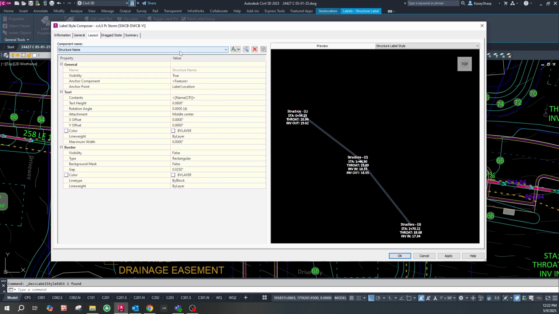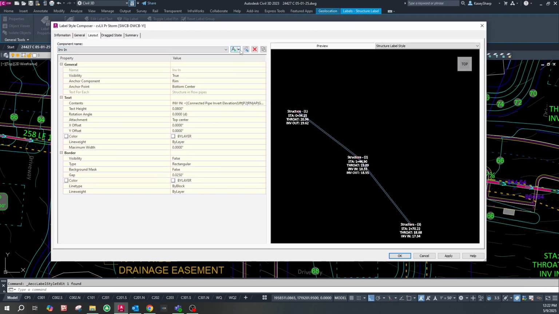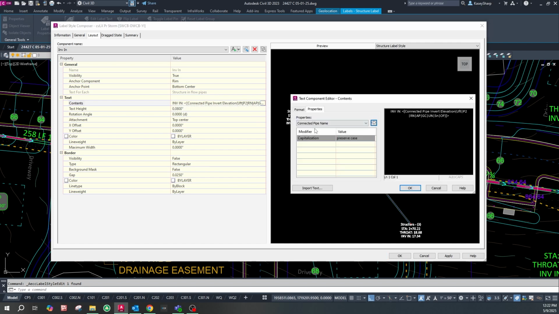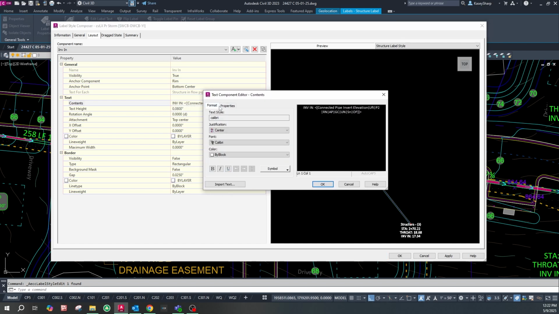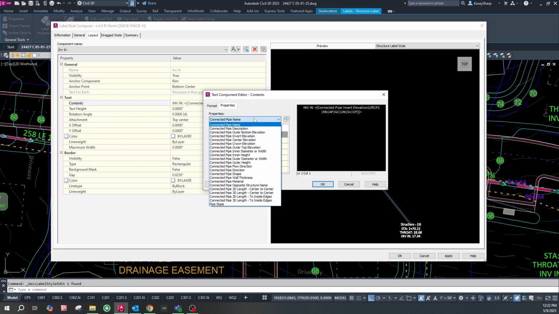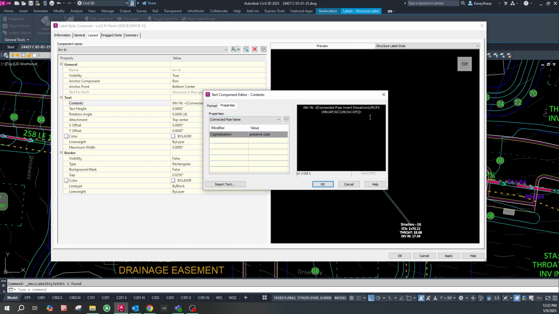style. But I'm going to navigate to invert in, and then I'm going to edit the label style here by selecting the contents under the text and hitting this little three dot button. Once you click this, it's going to display all the different properties that you can add into this piece of text that's in the label style. So after where it says invert in, everything inside of the carets here is what's associated with that invert in